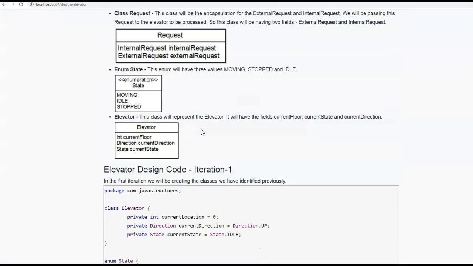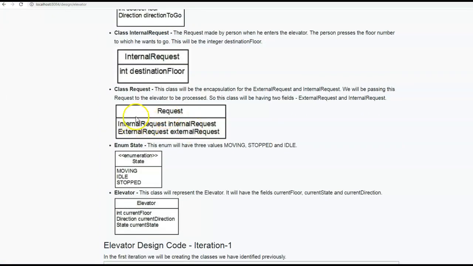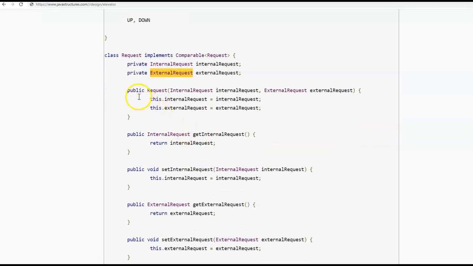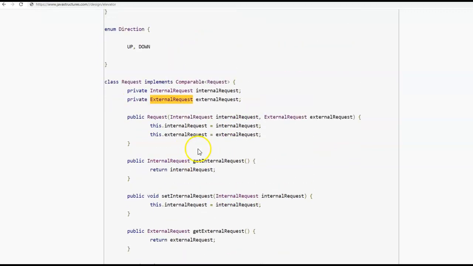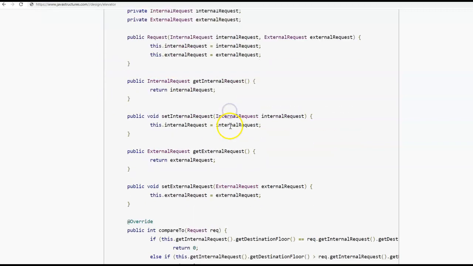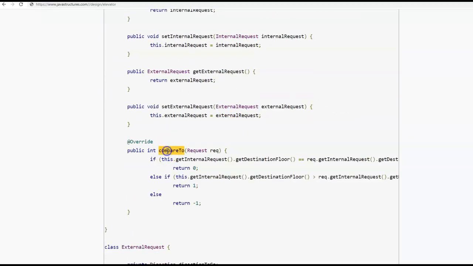Next we'll be creating the class named Request, which will have the internal request and the external request as the fields. So here we have the Request class. As discussed, it has two fields, the internal request and the external request. For this we have the constructor and also the getters and setters. Also for this class we are implementing the Comparable interface, so here we have implemented the compareTo method.